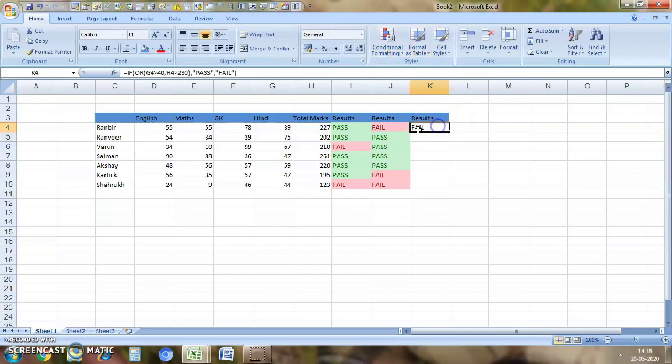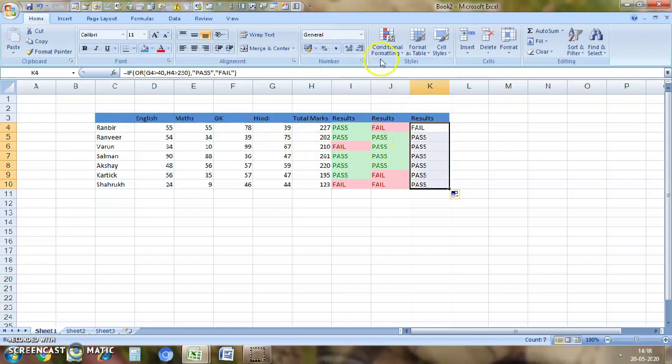Enter. This person is fail because both conditions did not meet. His total marks are not more than 230. Now let's see Janvi, I told you is 1, so let's see if he's pass or fail. So he is pass, as I told you all that one condition should meet.